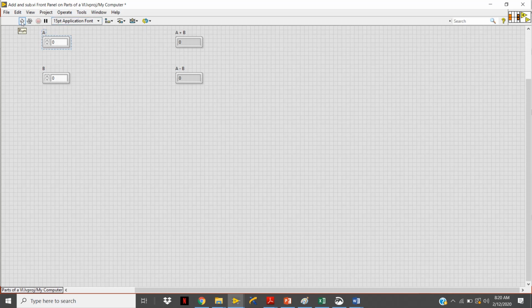This is run button. If you want to run your simulation, you will click this run button, and this is run continuously. If you want to continuously run your simulation, you will hit this run continuously button. But this can heavily load your processor and is not recommended until and unless very necessary. And this is abort execution. This is used to stop your simulation, abort your simulation, and this is pause. This is used to pause your simulation, and this is your text setting option available,